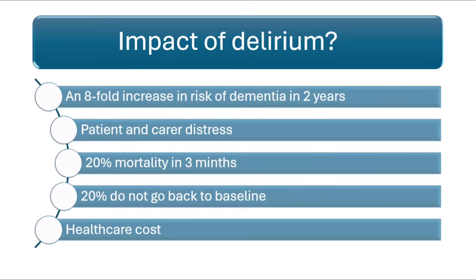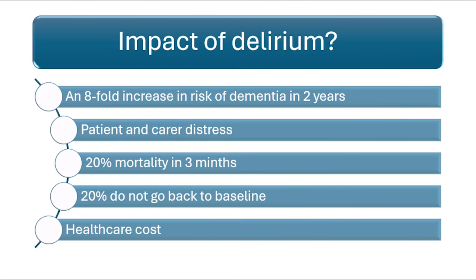So first, the impact of delirium. Why we need to be really aware of this condition, why we need to really screen for delirium, right? If it happens, there is an 8-time risk of developing dementia, which is an irreversible condition, right? And there's, as I discussed, the patient distress and the carer distress. More than anything else, distress to the healthcare team. Likewise, in the middle of the casualty day, how can you manage this? So it causes huge distress to everyone.